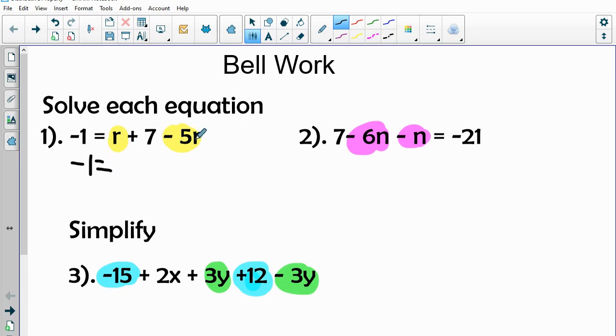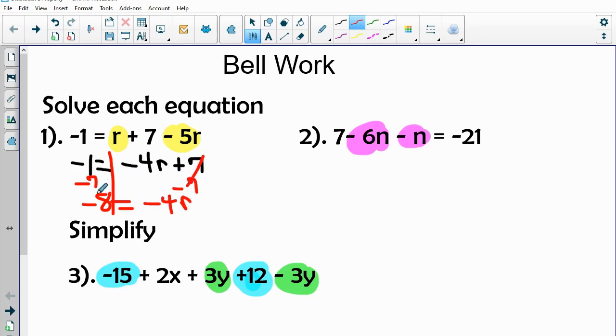So r minus 5r is going to give us minus 4r. So let's go ahead and write down minus 4r, and we still have that plus 7. So now we just have a simple two-step equation. So if we subtract 7 from both sides, we're going to end up with, don't forget our barrier here, negative 8 equals negative 4r, and